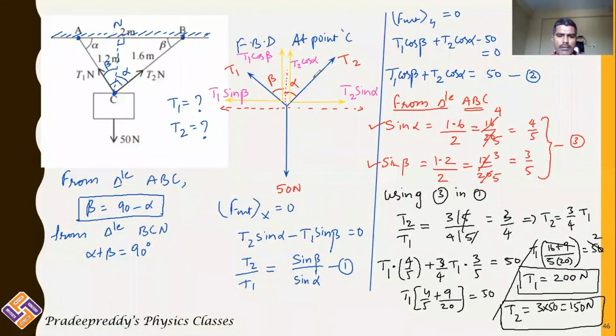Students, one small mathematical mistake. Here I have already taken LCM 20, so this 5 will not be there. So 20 into 2 becomes 40. T1 is equal to 40 Newton. And take this T1 and substitute in equation 2, or in any one equation. In this equation, if I substitute, 4 tens, that becomes 30. This becomes 30 Newton. It is 30 Newton.